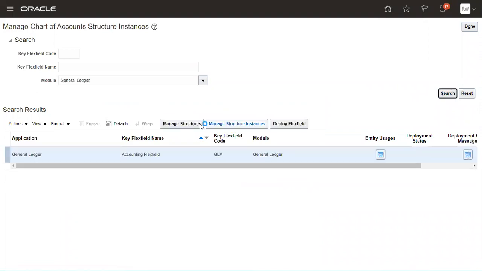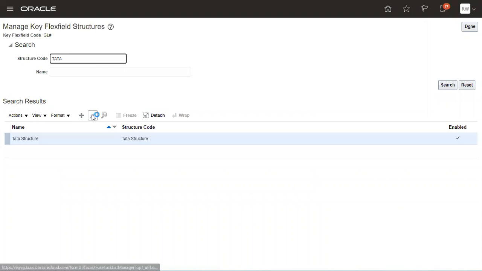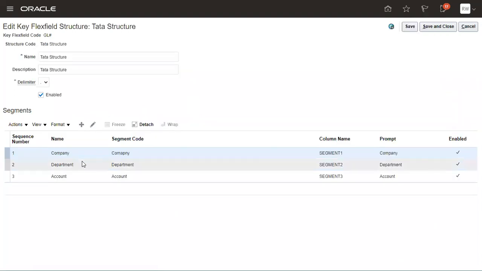In my previous class we created one Tata structure. When I say Tata structure, we have developed a three segment structure. The first segment is company, the second is department, and the third is account.